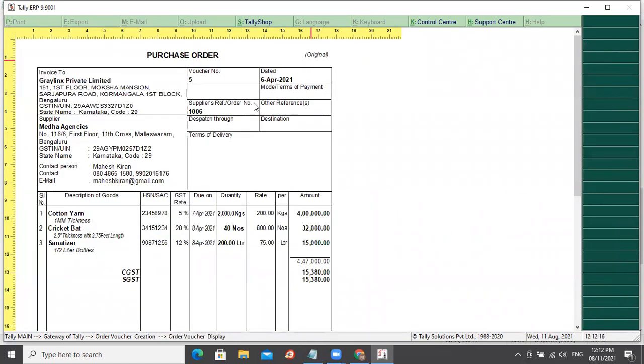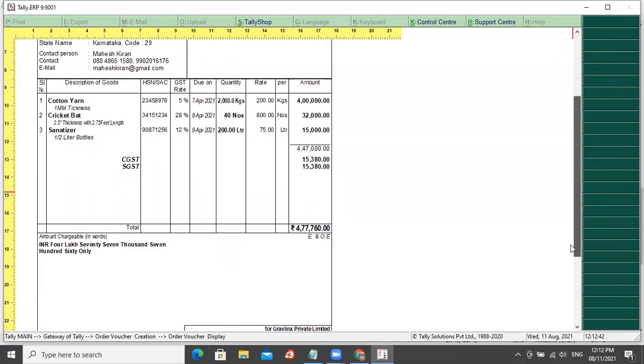First it says original, voucher number, voucher date, supplier reference number, invoice to supplier details, item name, along with which you will get the descriptions also. HSN SAC code, tax rate, due by what date, quantity, rate per quantity, and amount. You get the GST details.